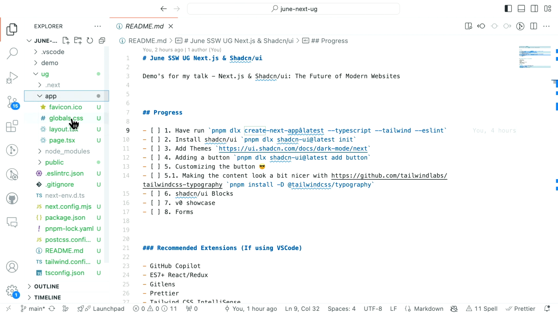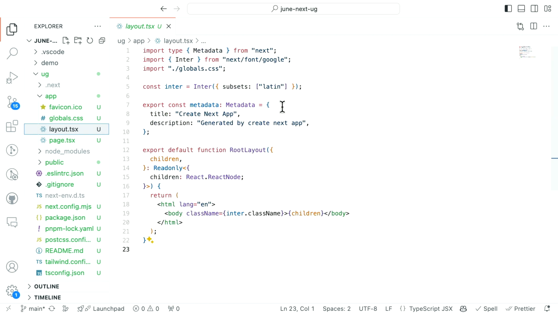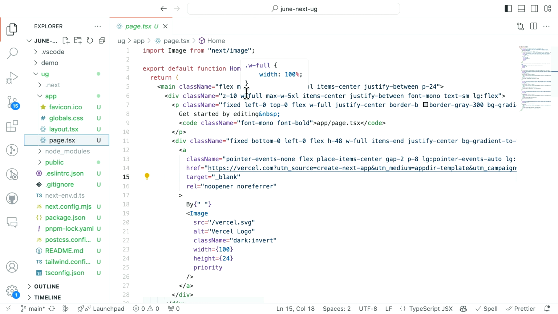So we have this global CSS anyway, and we have this layout. So this is one of the app router kind of file conventions. In this case, it is the root layout. So it is the thing that will encompass the whole app. If you wanted to put a nav bar in here, a footer, this is going to be wrapping around all the sub pages. So the first kind of page that it gives you is, I'm going to say this is generated from v0,